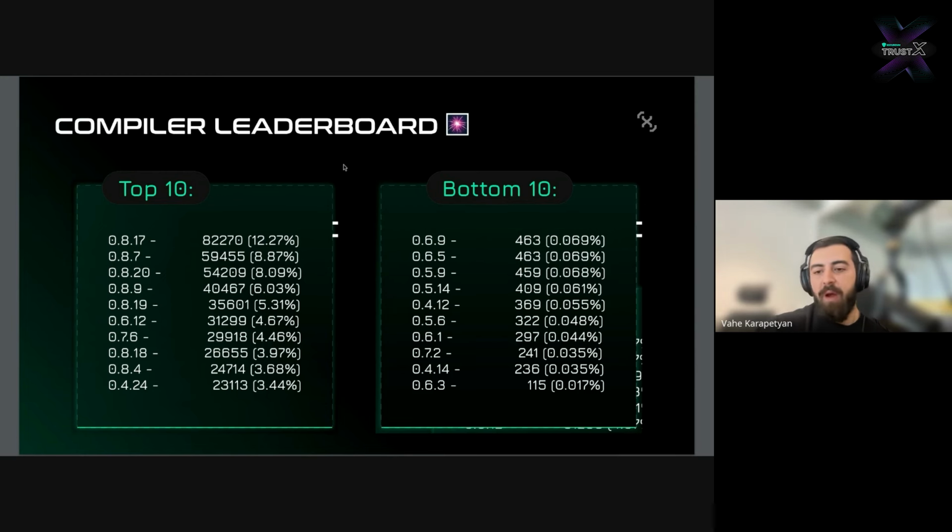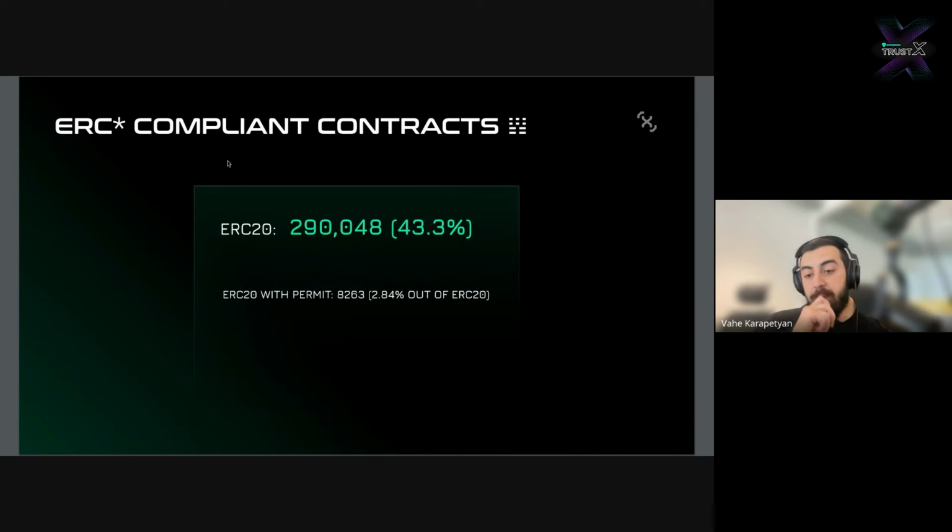I can say from auditing experience, this really connects with the fact that I have rarely seen contracts with the 0.6 compiler for some reason. It's hard to say what's the exact reason, but it's usually 0.7, 0.8. If you do something old, it's 0.4. So let's do some